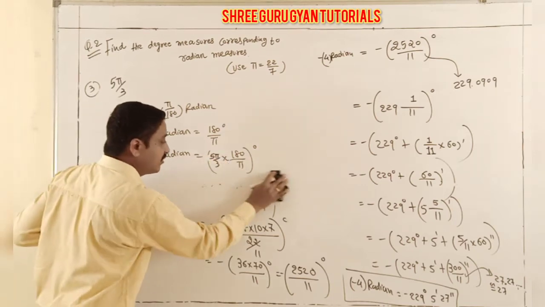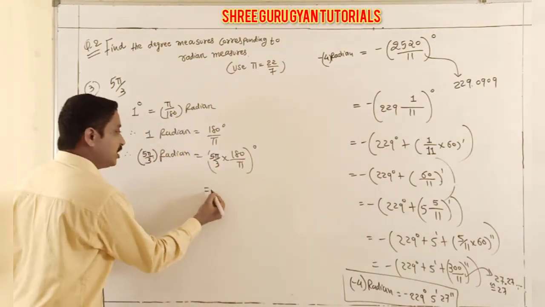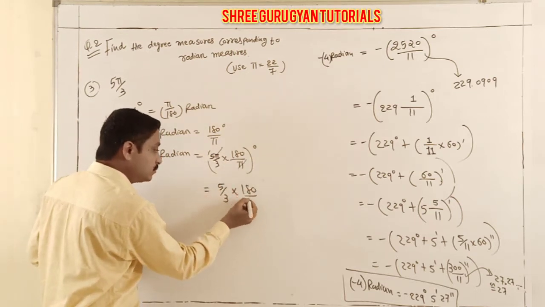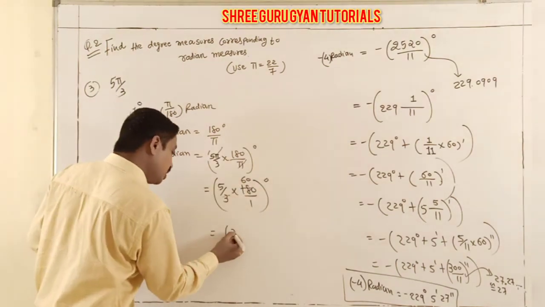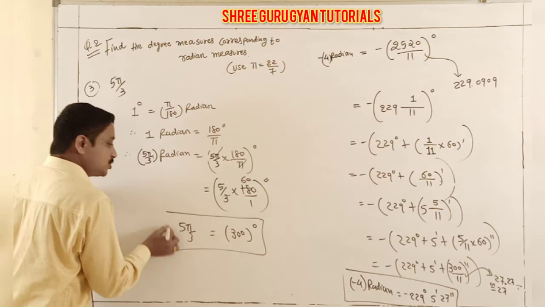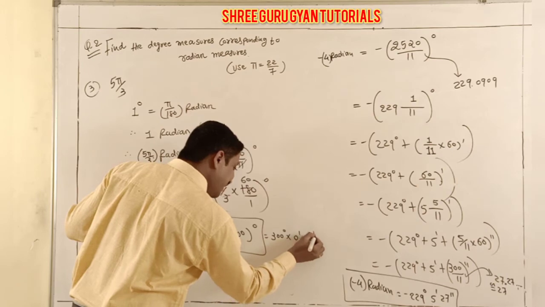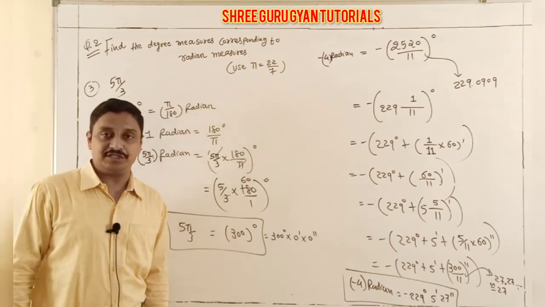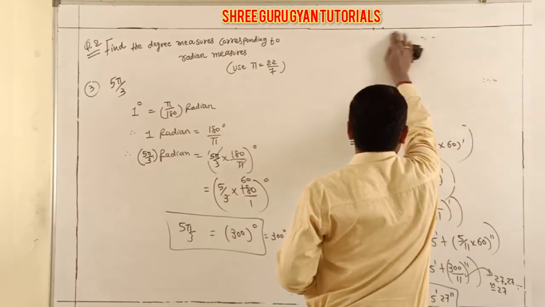And the further calculation is very easy and simple. You easily derive the next calculations. So pi by 1, 5 by 3 into 180. Total degree, the same. Now 3 into 6 is 60. So 300 degree is the conversion of our 5 pi by 3. Students, 300 degree means you also mention 300 degree 0 minute, 0 second. Whenever you have 0 minute, 0 second, it is purely a degree calculation. Yes. Now one more question, our fourth one.